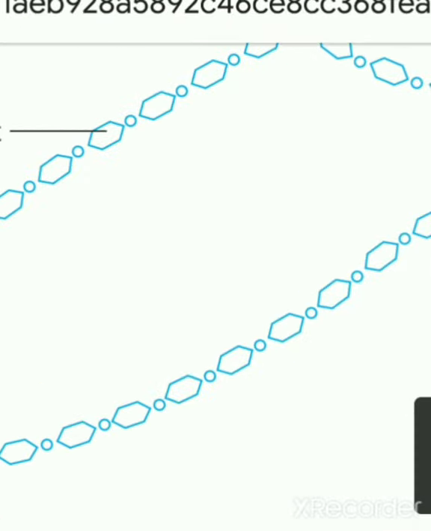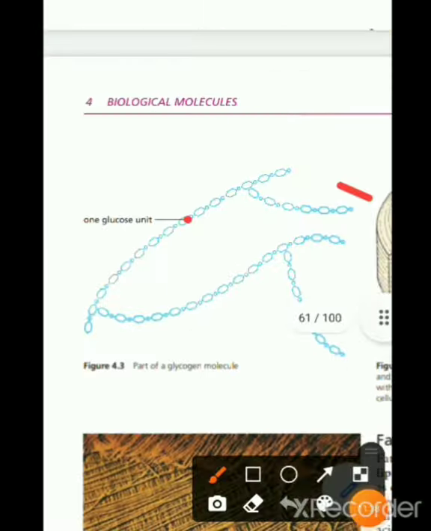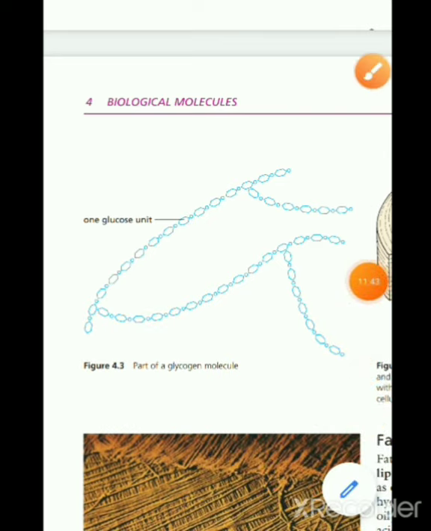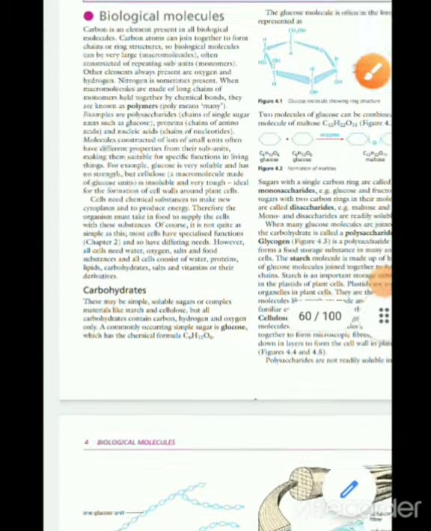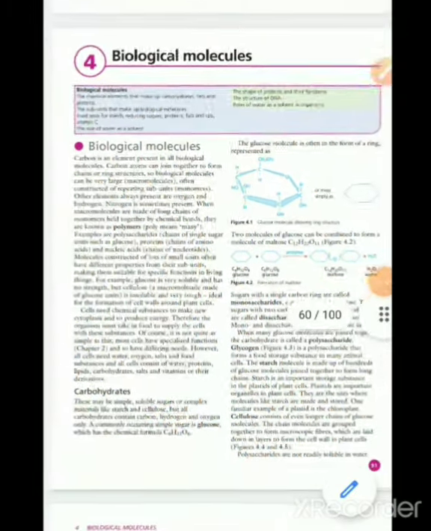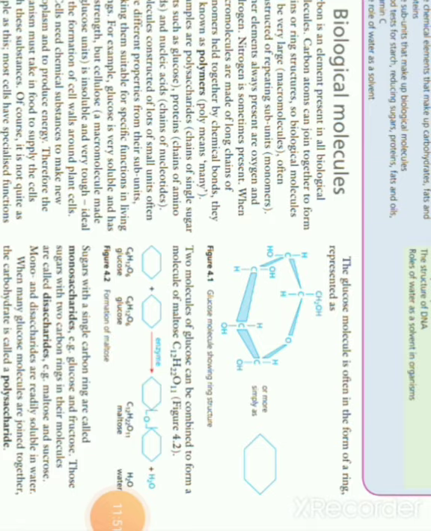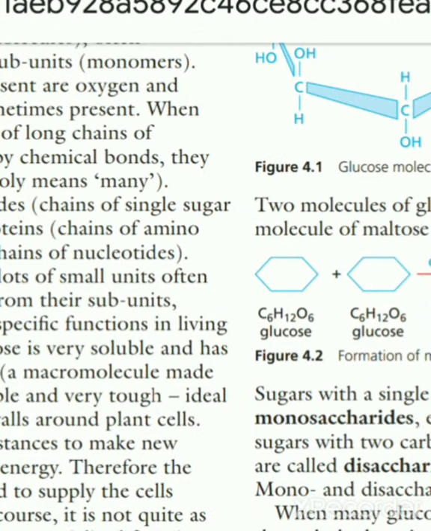So that's it for today. Now is the time for the summary. In today's lecture, we have learned about biological molecules. In biological molecules, carbon is the basic structure. When lots of carbon atoms attach to each other, they give rise to biological molecules, which are composed of three basic elements: carbon, hydrogen, and oxygen. Sometimes they also contain nitrogen.